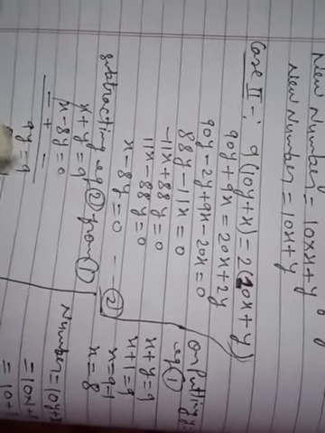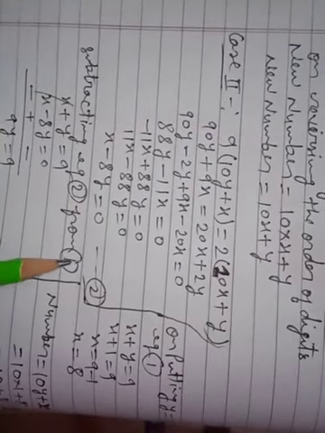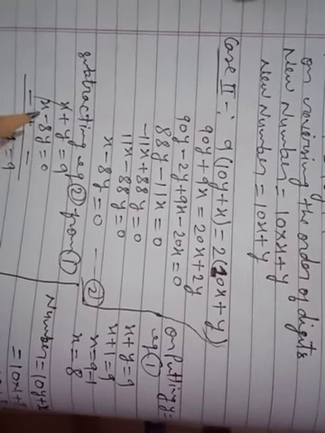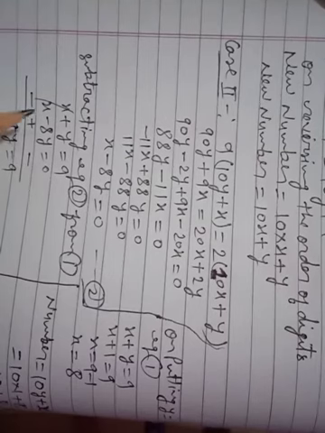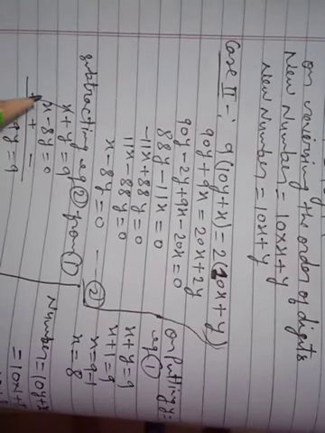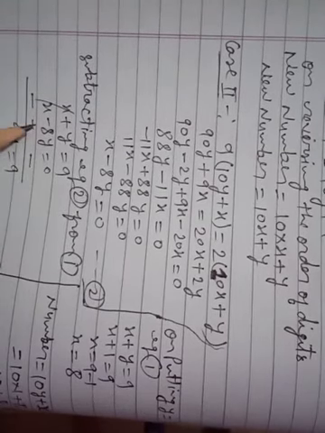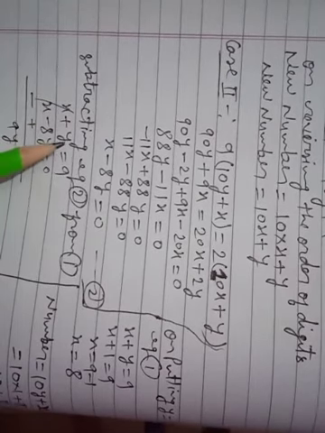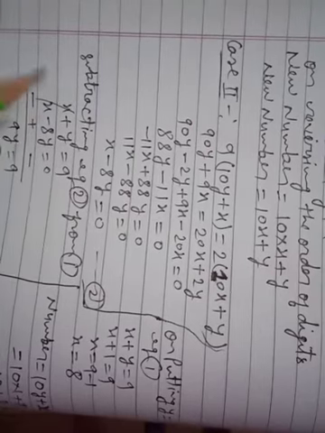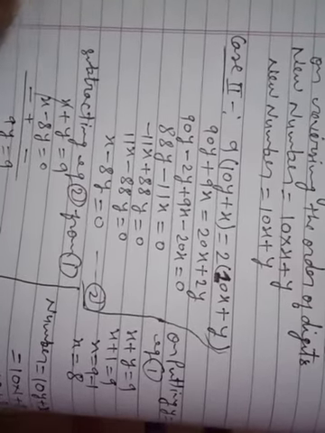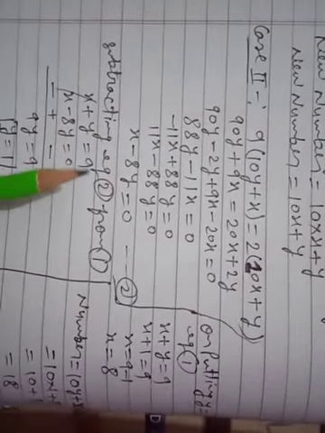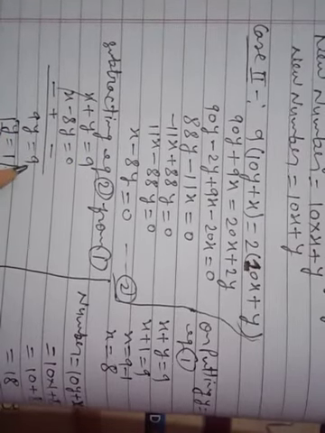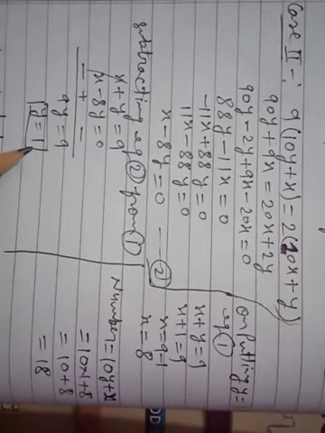Now how will you solve? Subtract equation 2 from equation 1. Equation 1 was x plus y equals 9 and the second is x minus 8y equals 0. You have to subtract, so change the signs: here it is plus, it will be minus, here it is minus, it will be plus. Minus x plus x will be 0. This is the elimination method, I am explaining the elimination method. Then y plus 8y is 9y, 9 minus 0 is 9, so 9y equals 9, y equals 1.